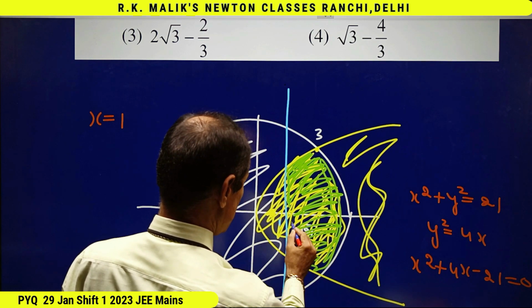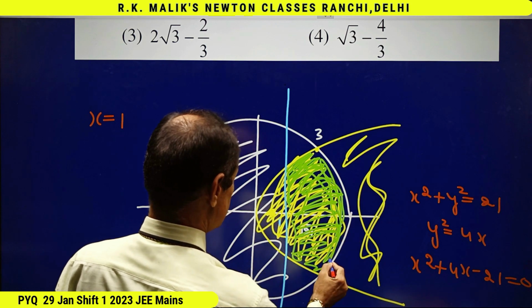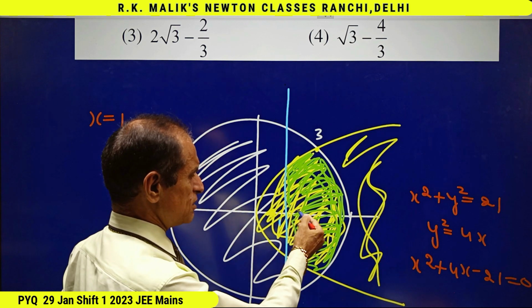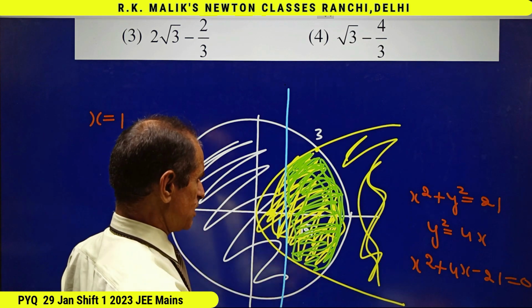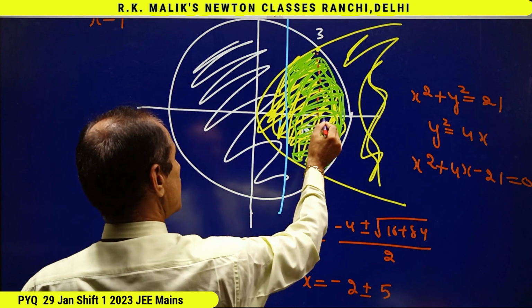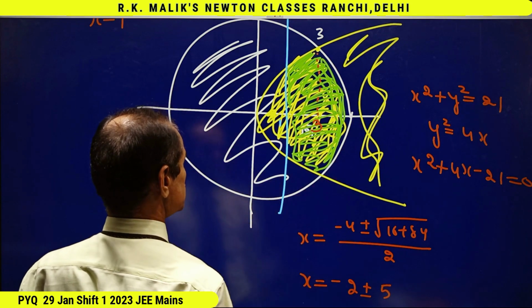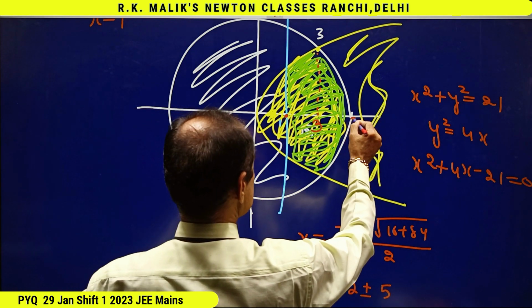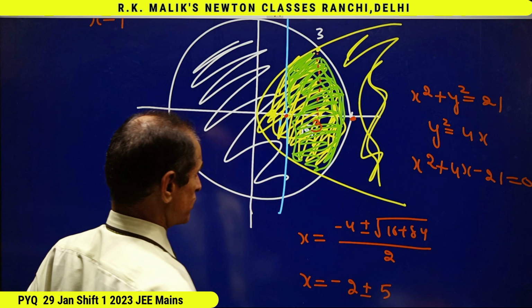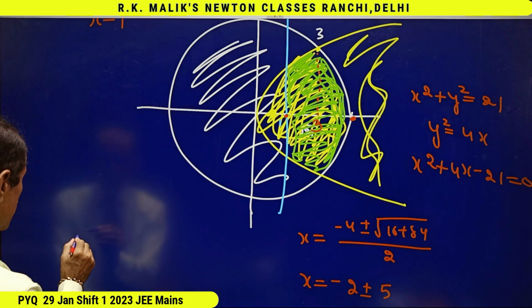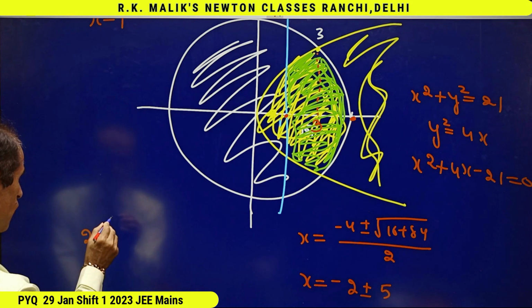Therefore, the common shaded region will be obtained by this set of points, and hence we will find the area just above the x-axis and double it. Clearly, this point has x coordinate 3. This point has x coordinate 1. This point has x coordinate under root 21. Therefore, the required area will be double of